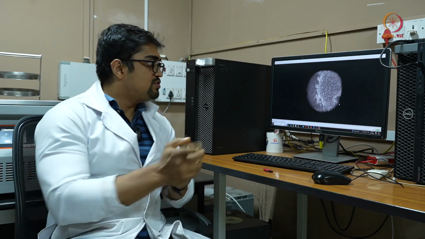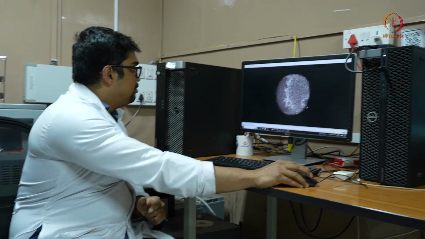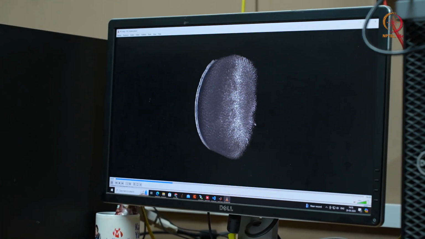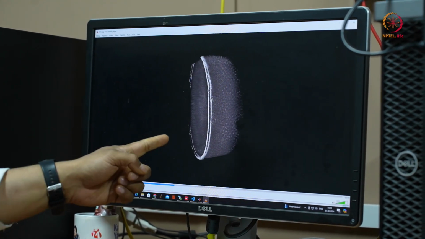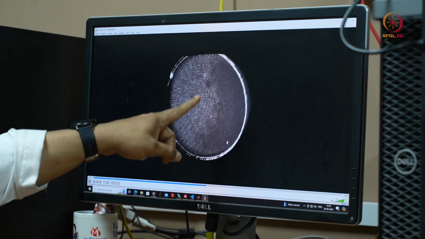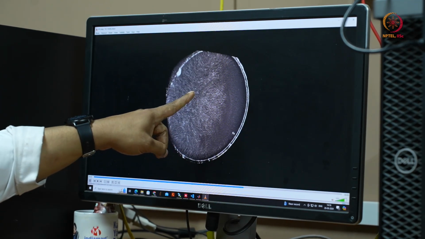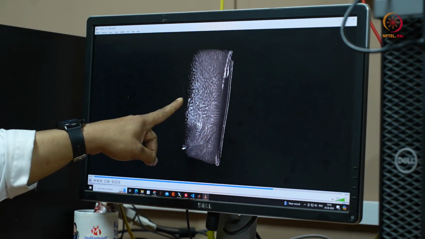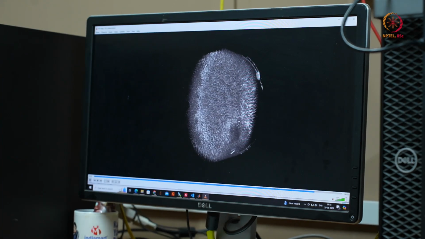Before the 3D printing of the scaffold, there is a hydrogel ink that we fill in the printing cartridge. So what is the morphology of that hydrogel based ink? What is the volumetric porosity in the hydrogel ink? That also can be analyzed through micro-CT. If you see the micro-CT analysis of the hydrogel based ink, you can see this kind of 3D volumetric porosity, and you can see the pores inside the network are highly interconnected, which means your hydrogel based ink is highly homogeneously dispersed.